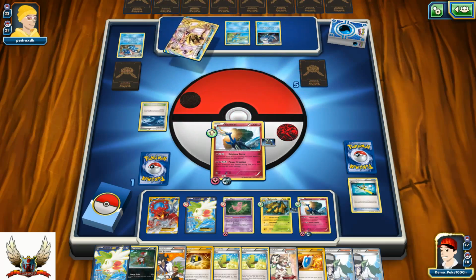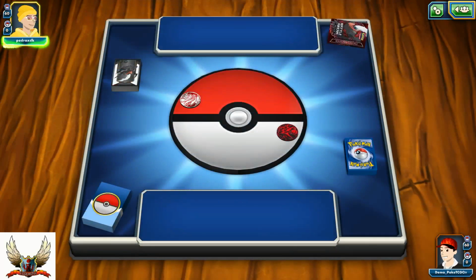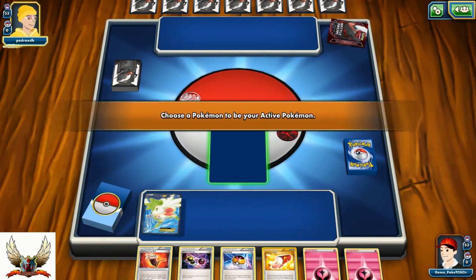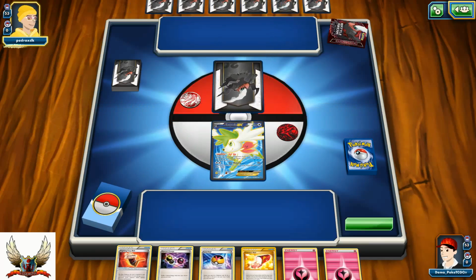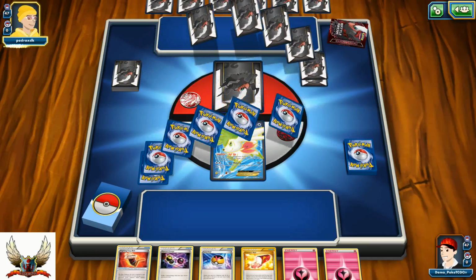So let's move to the game number 2. Alright guys, so welcome to the game number 2 for this Turbo Xerneas Road deck. As you can see, in the game number 1, I managed to win against Greninja, so this is going to be game number 2. Let's take a look at the opening,